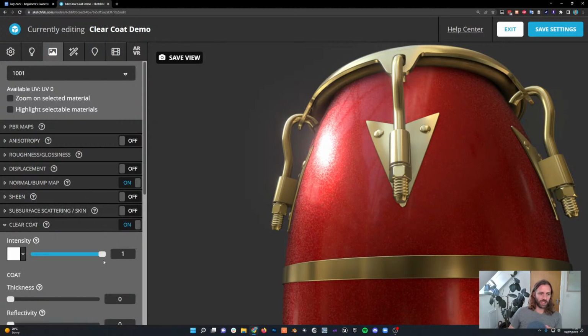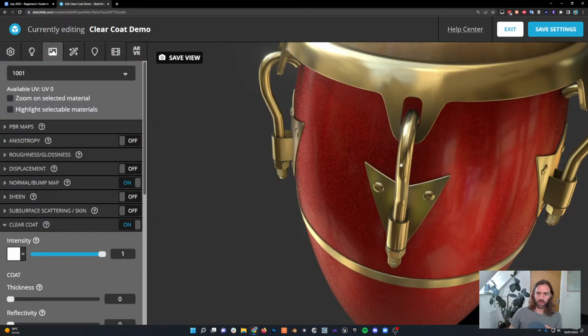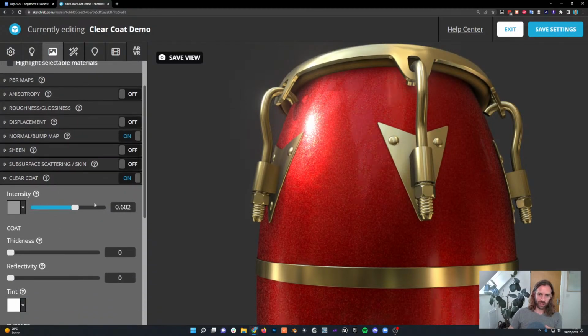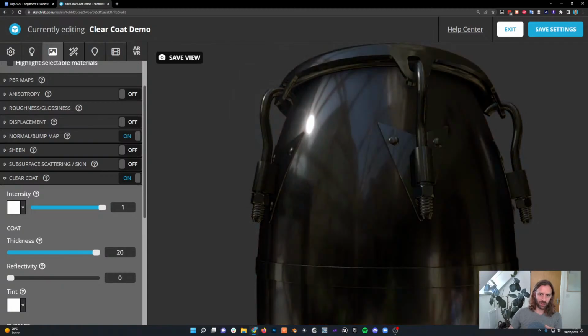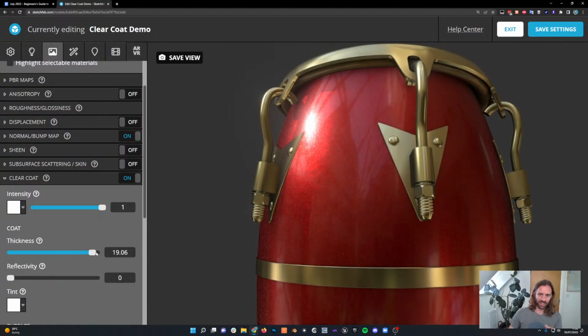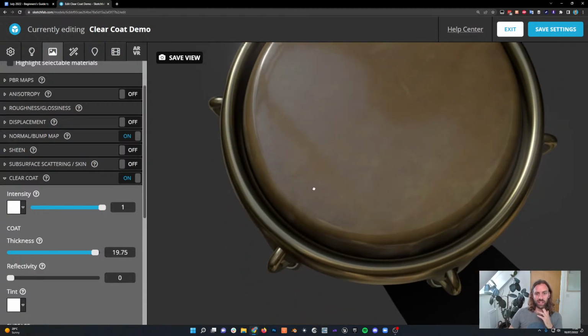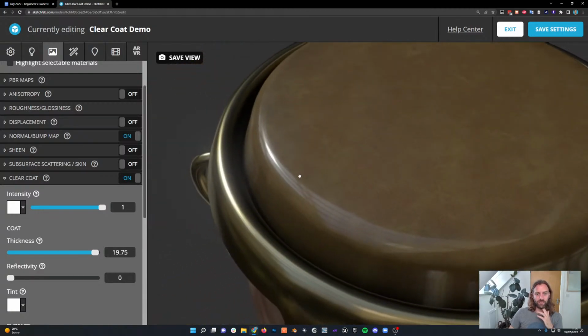So if I switch on clear coat, it's maybe a bit tricky to see. We can adjust the intensity of the clear coat. You can probably see it already now, but if I adjust the thickness, not too far. And basically what it's kind of doing, and you can see this is affecting the entire model right now, is